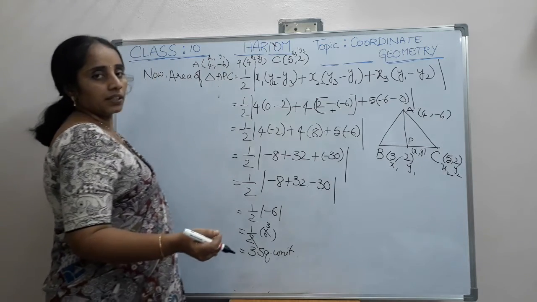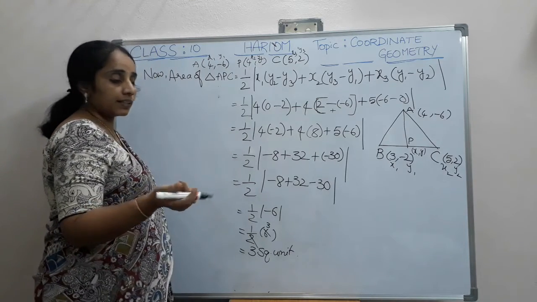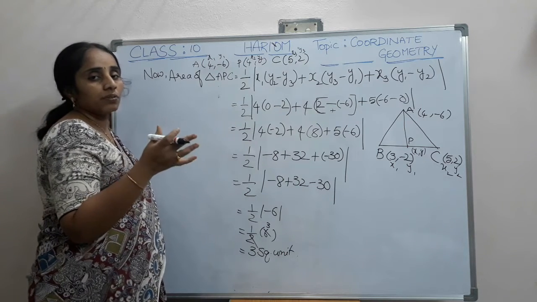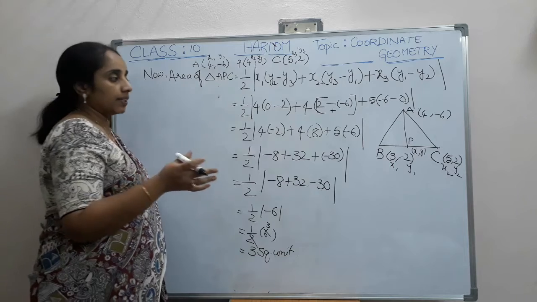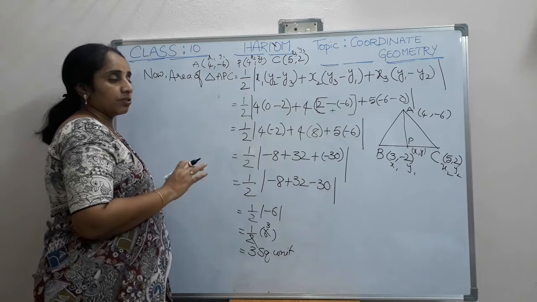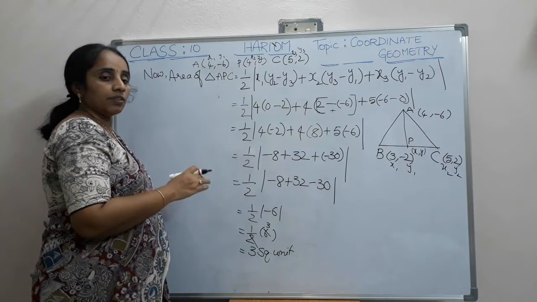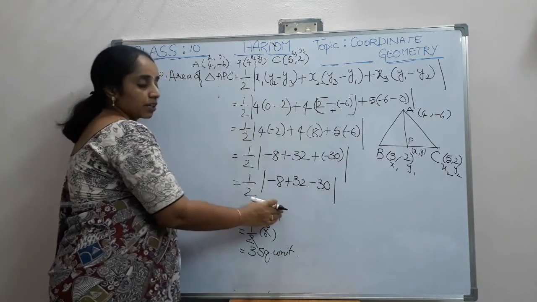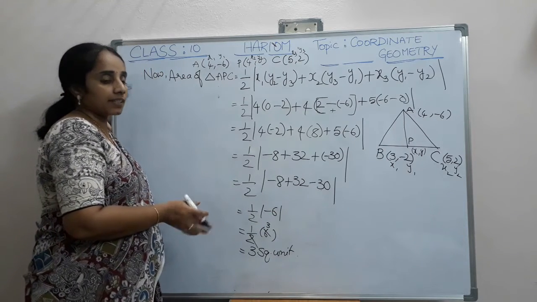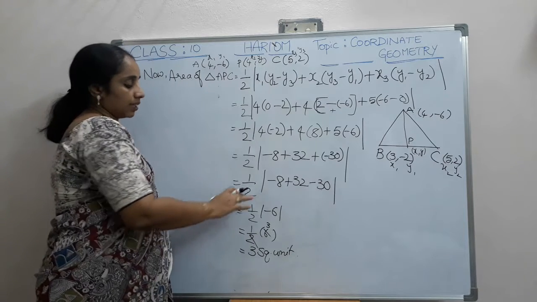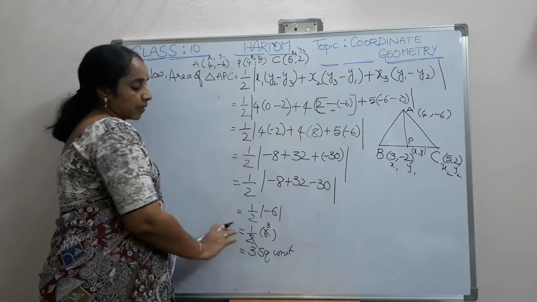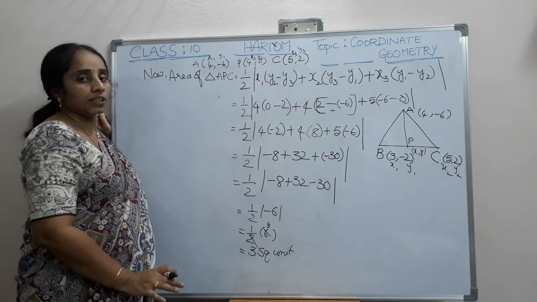Here one small thing I am reminding you: area and length are all positive values only. So that is why we have taken these modulus values. As you know already, if any value inside the modulus is negative, we will consider it as positive only. So here it is minus 6, it becomes plus 6, 2 1s, 2 3s, it is 3 square units.